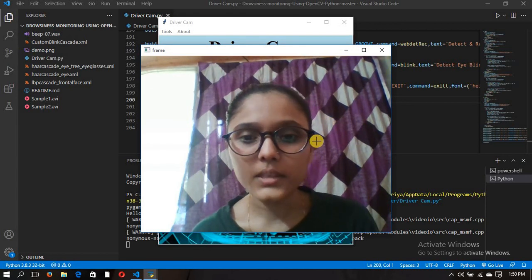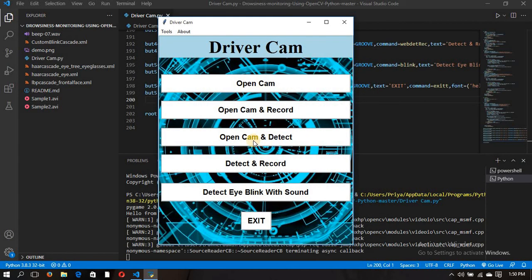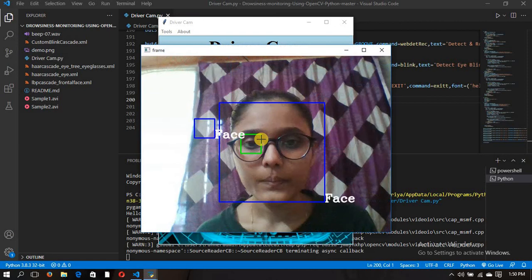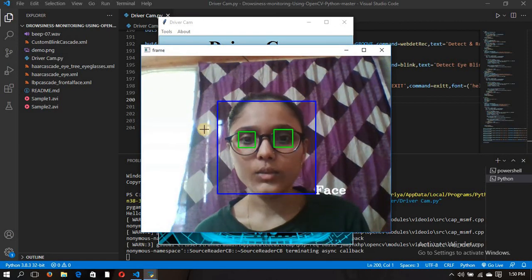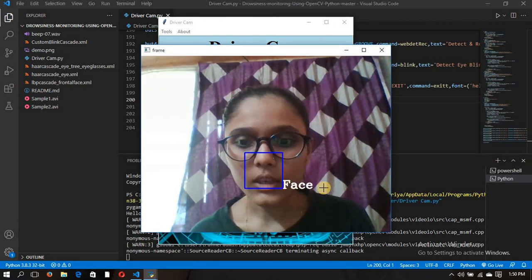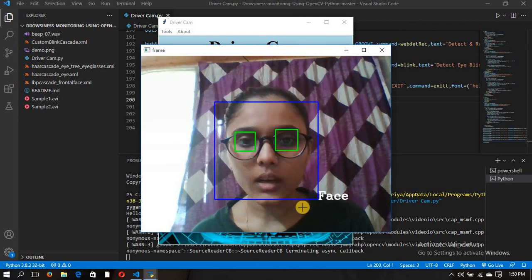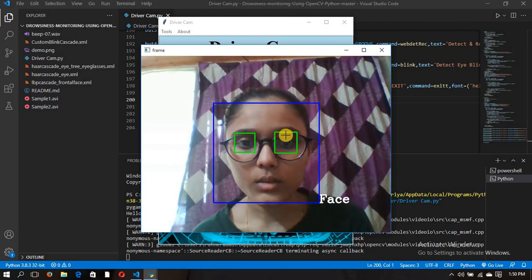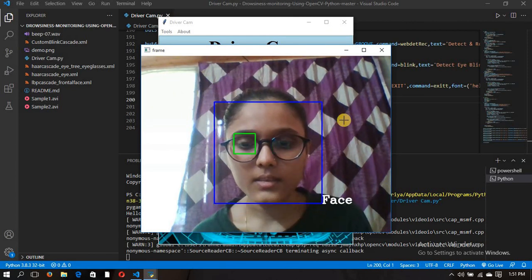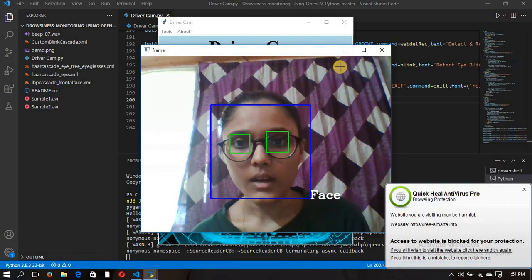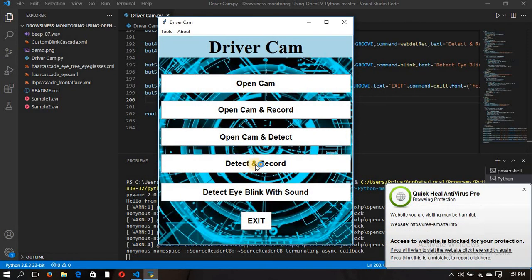If I press Q again, it will destroy this window. Then open cam and detect, it will open the cam and detect, like you are seeing, right? It will draw a rectangle around my face and also a rectangle around my eyes. After pressing Q, it will destroy this window also.